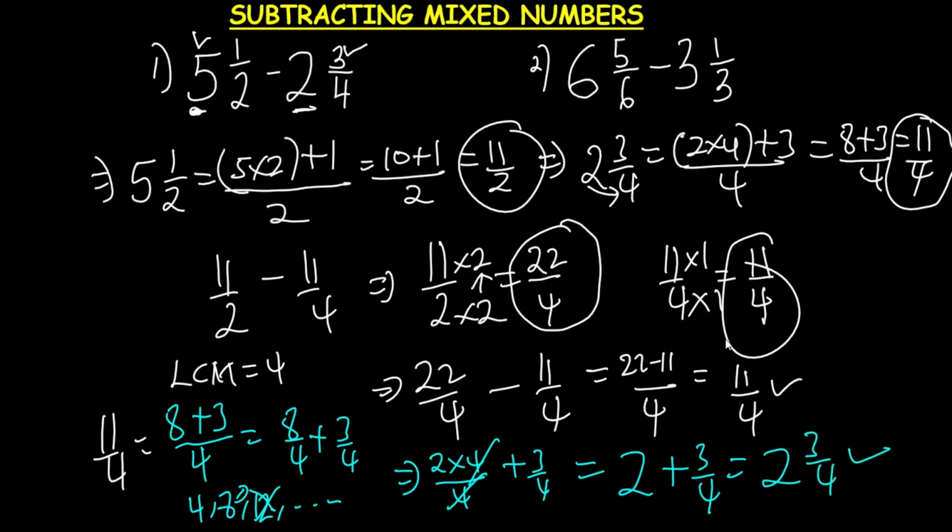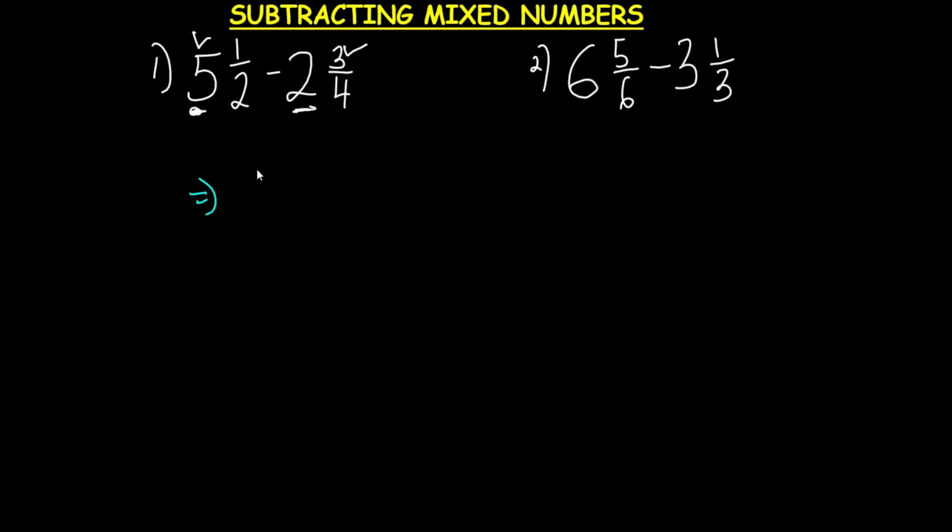Let's consider the second one. The second one, we have 6 whole number 5 over 6 minus 3 whole number 1 over 3. The first thing you have to do is change each of the mixed numbers to an improper fraction. And to change a mixed number to an improper fraction, the first thing is to multiply the whole numbers by the denominators and then add it to the numerators, which is 5 and 1, and then divide everything